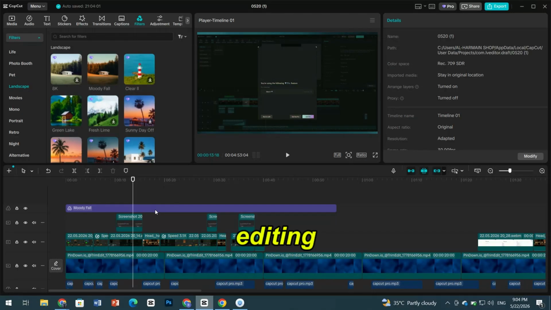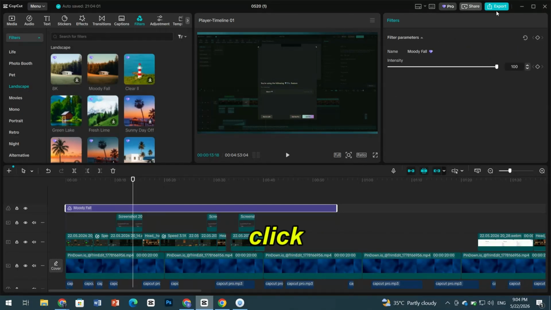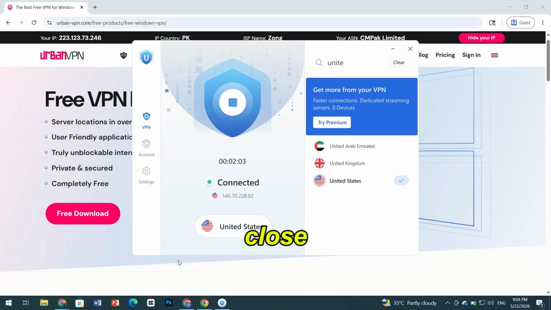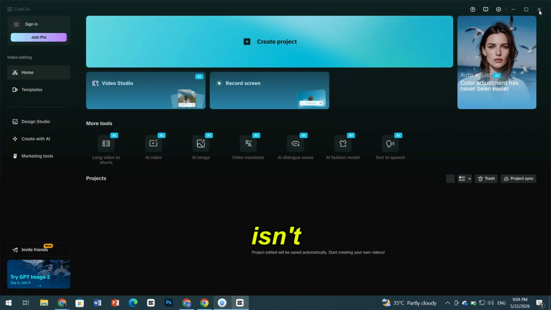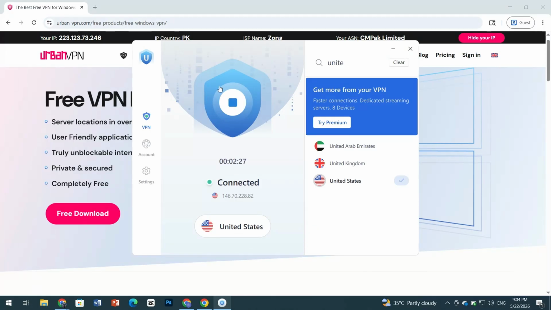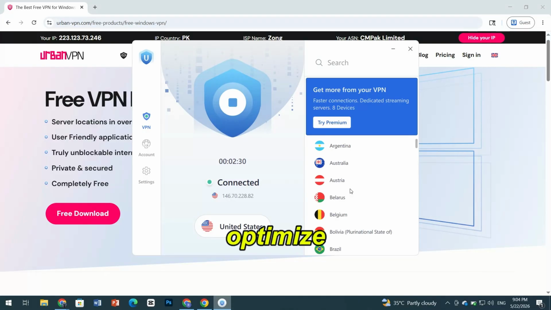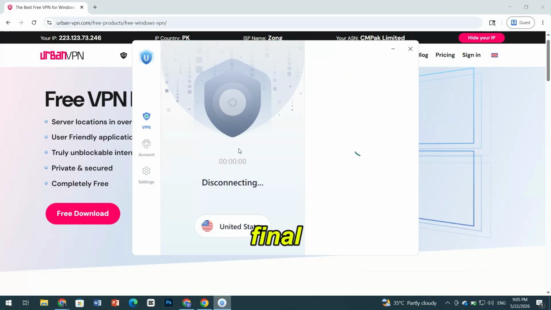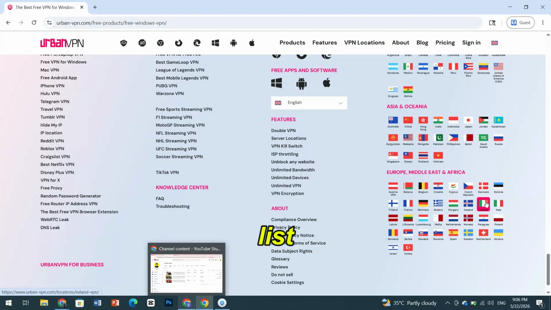Once your timeline editing is completely finished, do not click the export button just yet. Instead, go ahead and completely close out of the CapCut application. Make sure it is fully closed and isn't running in the background at all. Next, leave CapCut closed and head right back over to your UrbanVPN control panel on your desktop. We need to optimize our global server settings for the final render. Disconnect from the United States server, scroll through the official region list again, and change your server location over to